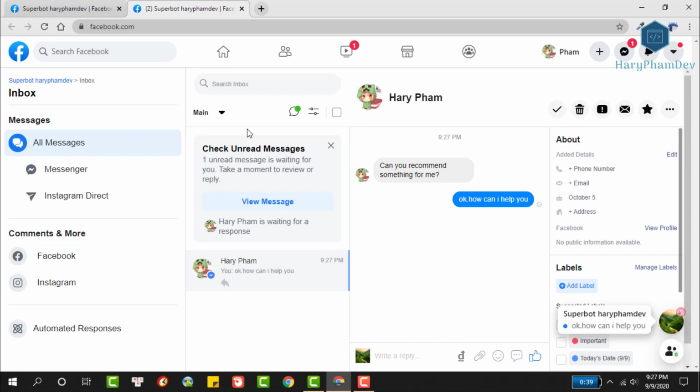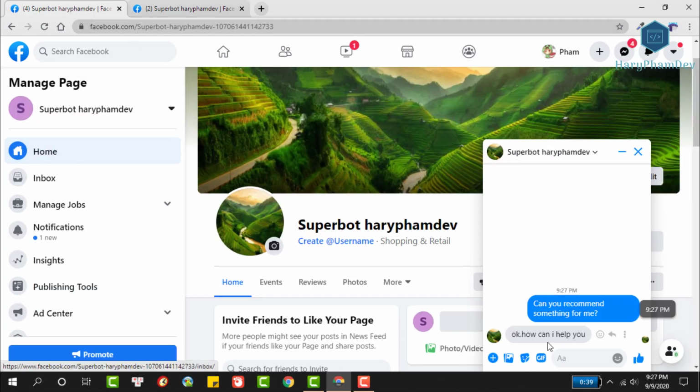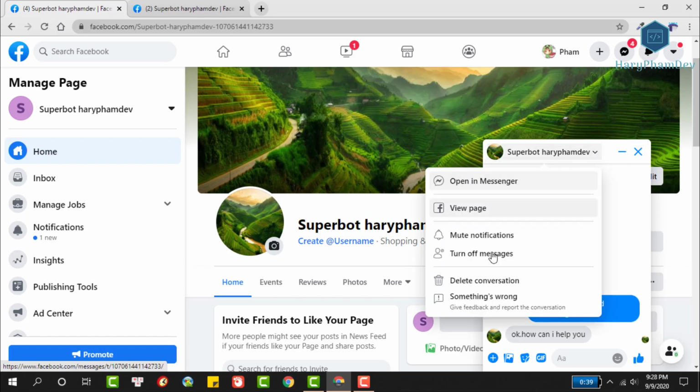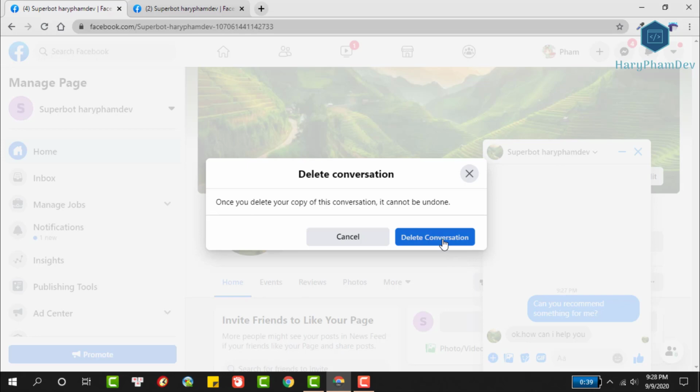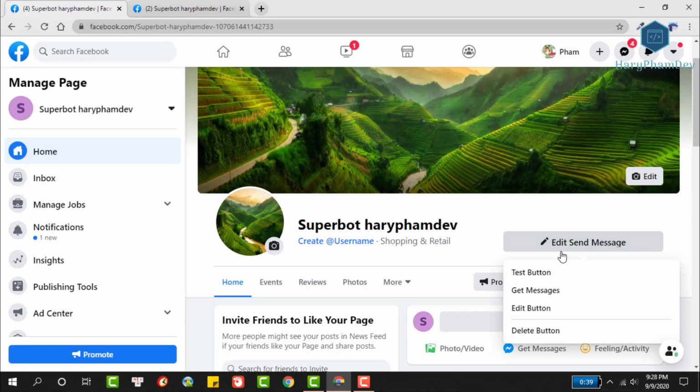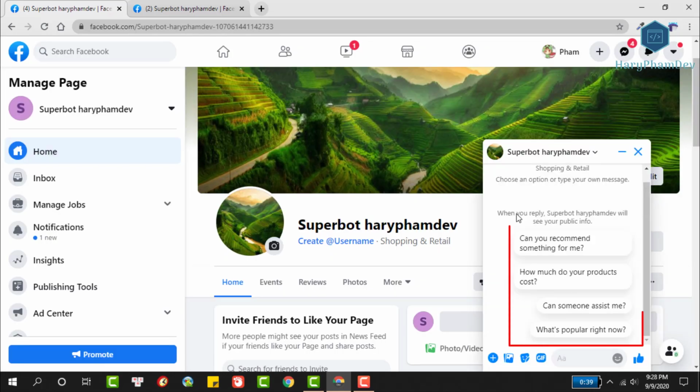We got the response messages. It means that the fan page is working properly. You can also choose Delete Conversation to restart this conversation again. You need to know that suggested sample messages appear only for new customers who have never sent a message to